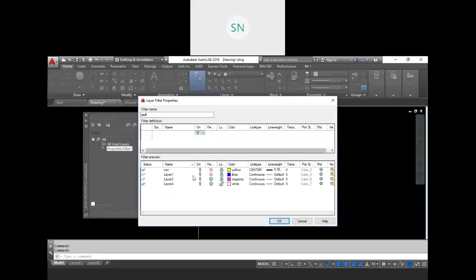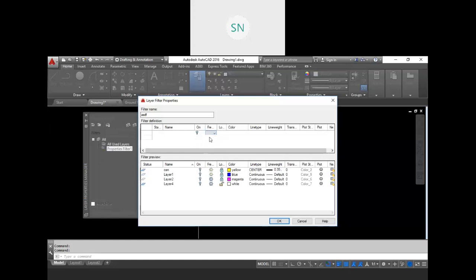These are the layers we have which are in off condition. Also, if you select a second condition side by side, it will show you the layers carrying both conditions. For example, I want to see off and freeze layers. So we have the layer that is both off and frozen. Let me choose none.